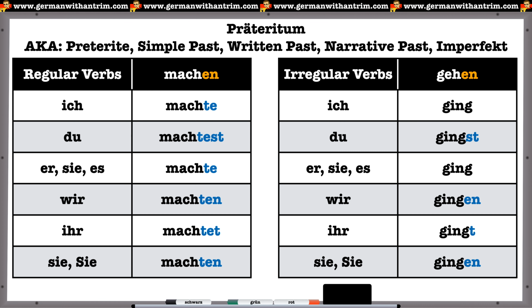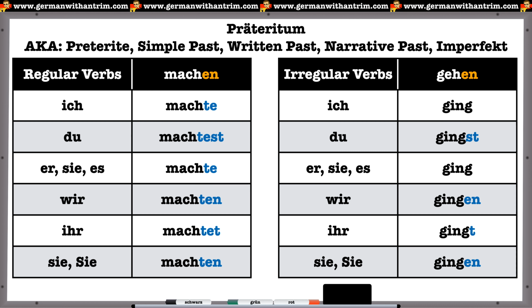As you can see, in this tense we have the ich and the sie es form being the same ending. This is going to be true for both regular and irregular verbs. If a verb is irregular in the perfect tense, it's a safe bet that it will also be irregular in this tense. There are no exceptions to that rule. Irregular verbs take a different set of endings. Specifically, they take the same endings that the normal verbs would take in the present tense, with the exception of the ich and sie es forms, which just don't get an ending now.